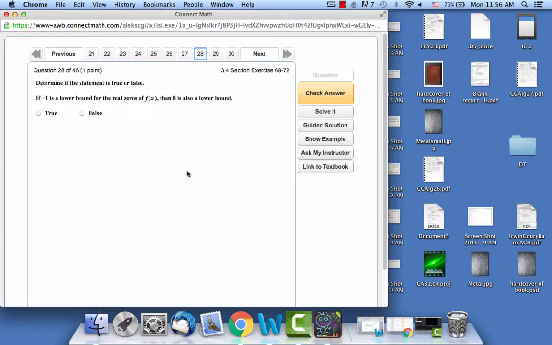Okay, so a lower bound for the real zeros means that it is below all of the zeros. We have another theorem that I forgot was in this section. There may actually be two. There may be an intermediate value theorem, but